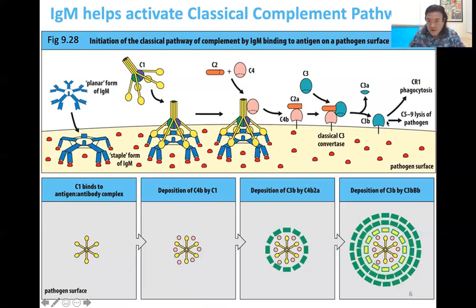Because remember, once you start making C3bs on its surface, then this forms the basis of making new C3 convertases, right? Like the alternative C3 convertase, where you'd have C3b recruiting factor B, and now you're making those types of convertases. So then the process starts radiating out, and the surface of the bacteria would quickly be covered in